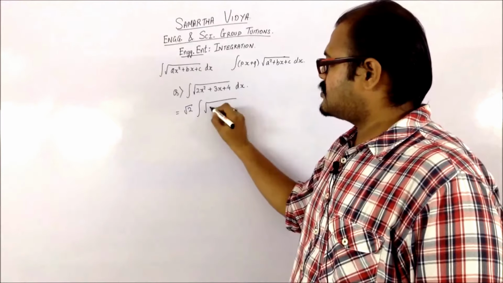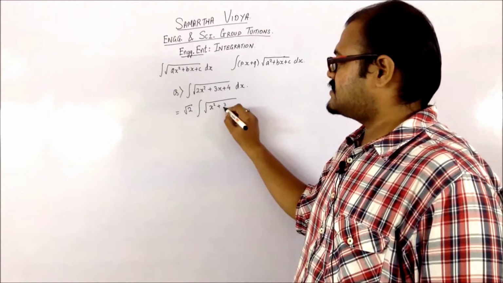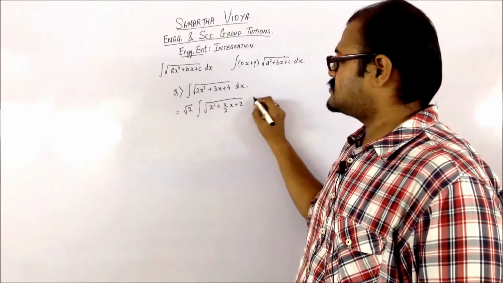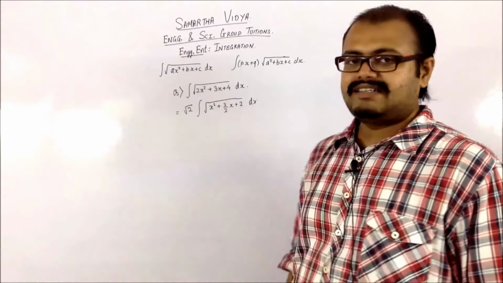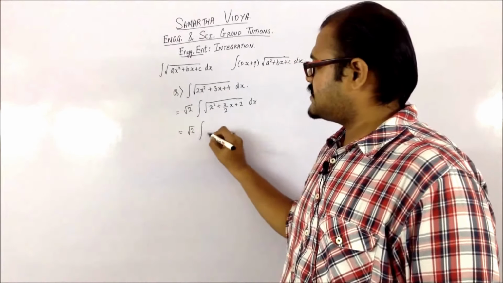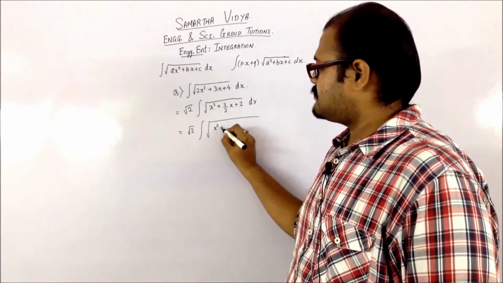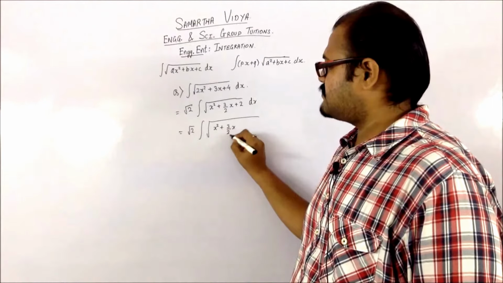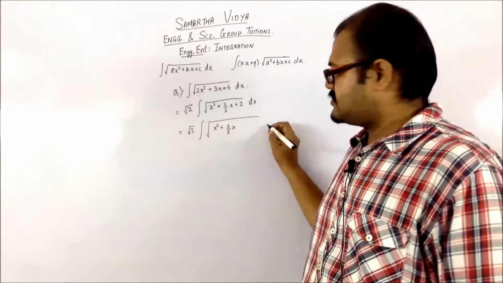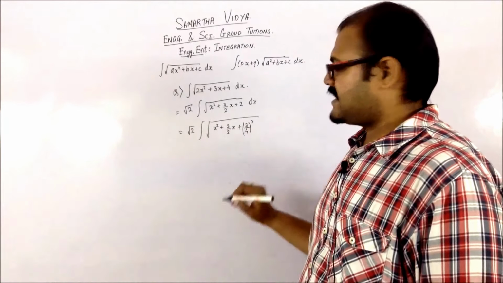So it's going to be the root of x square plus, since you are taking 2 common from here, you have to write this as 3 by 2x. You are taking 2 common from this, so it's going to be a 2. Now you need to write the perfect square. So it's going to be root 2 integration of the root of x square plus 3 by 2x. You have found the middle term, which is basically the x term. You have to take half of it and square it. So you add a 3 by 4 square, and you subtract a 3 by 4 square.